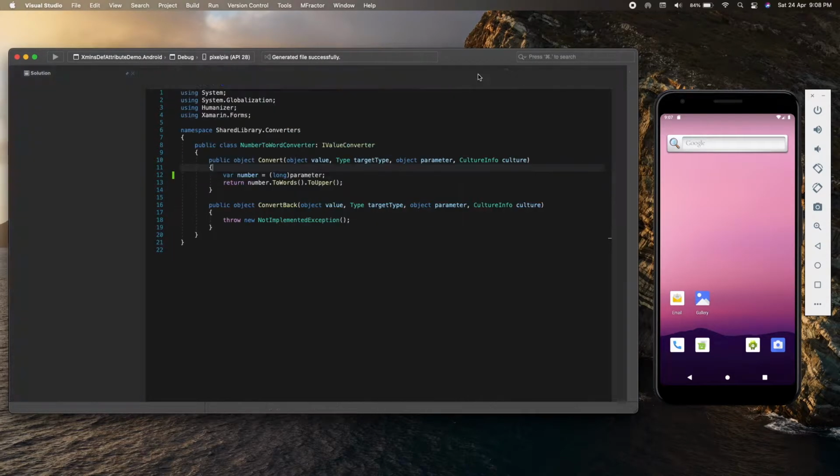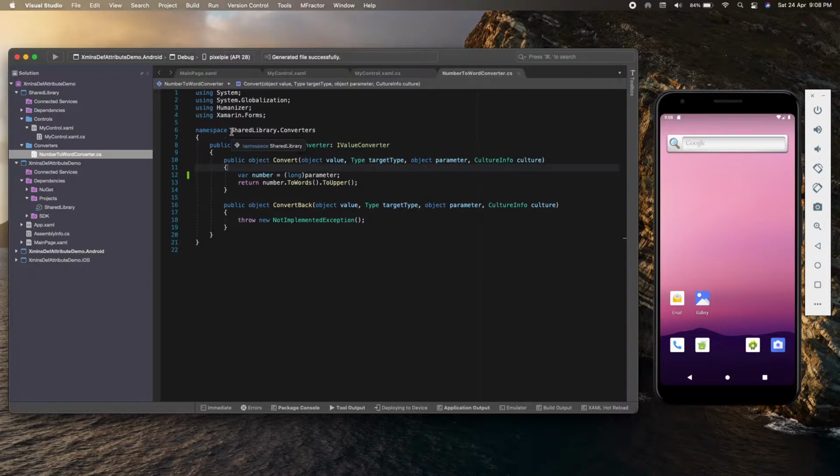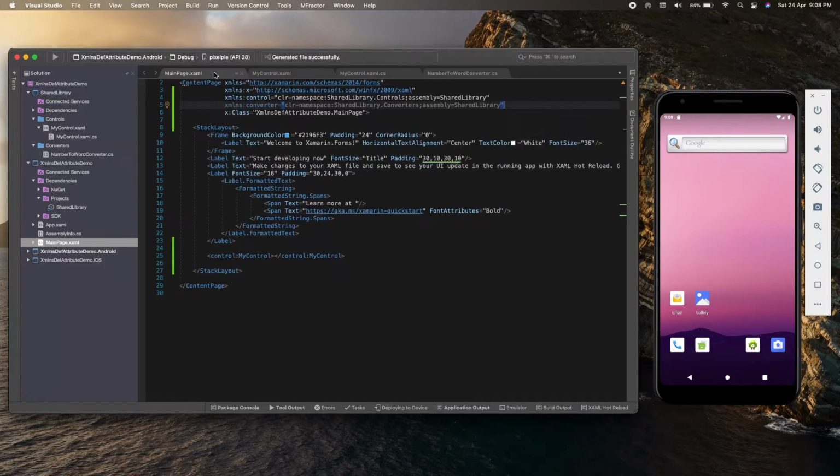My converter is under the namespace of shared library dot converters, which is specified over here, and the assembly name is the same, shared library, because both my control and converter are in the same library. So let me grab the code that shows the usage of the converter.